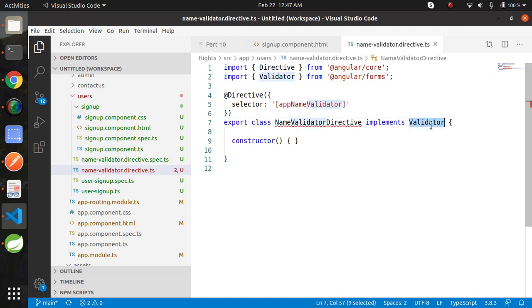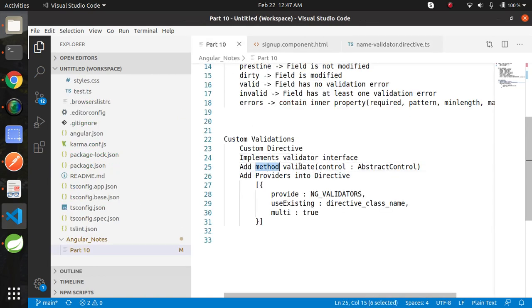Import the validator interface from forms. Next step is to add the method validate to get the host element.